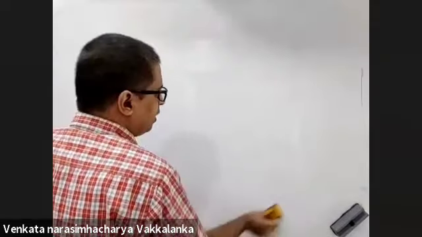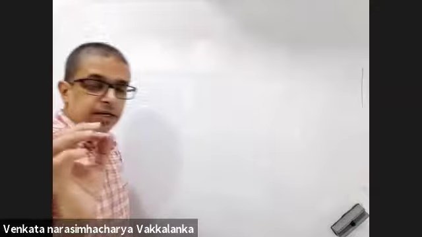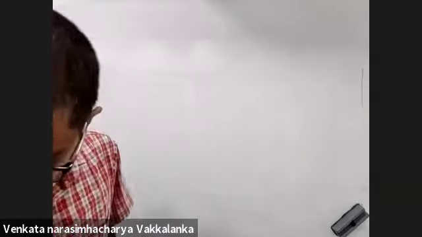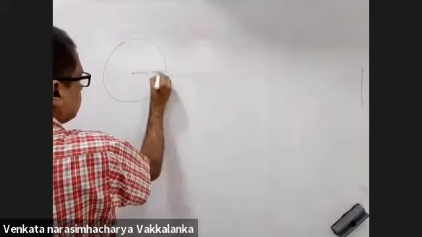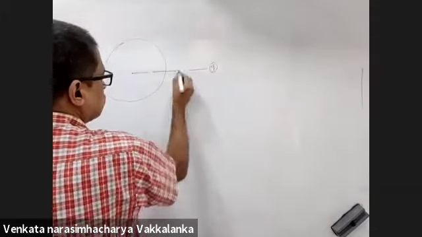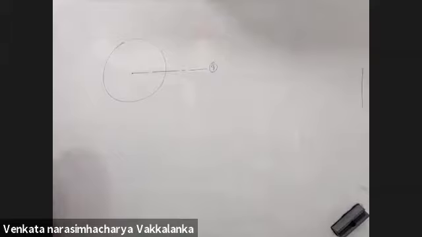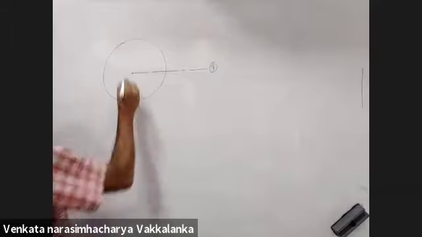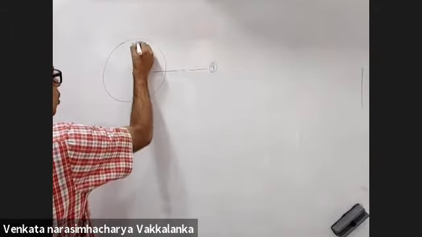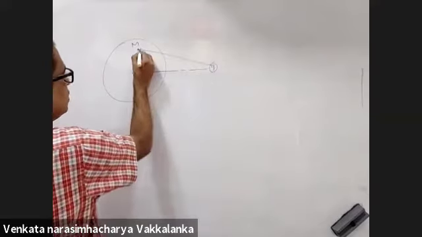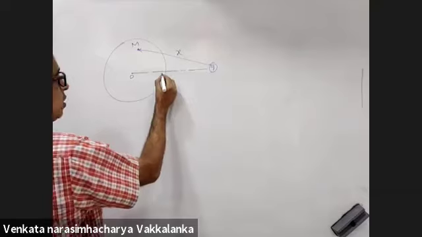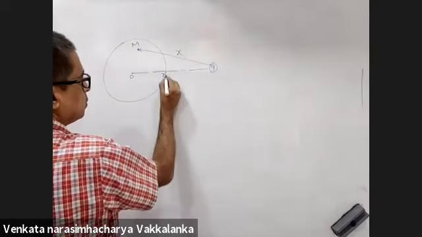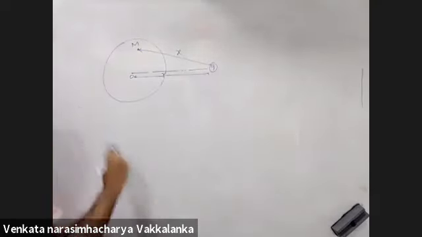One very, very tricky situation. This is a metallic sphere. There is charge Q. Radius is not given. There is a point M which is at a distance of x.